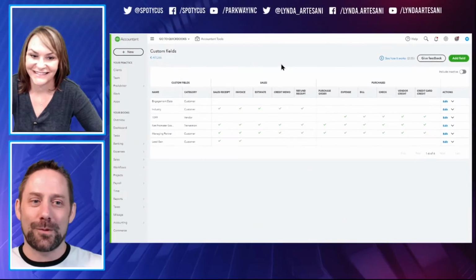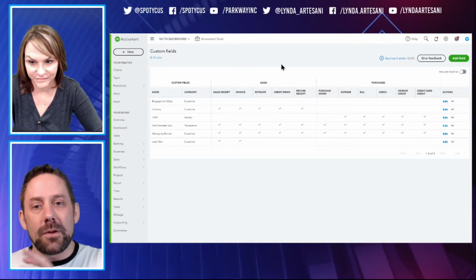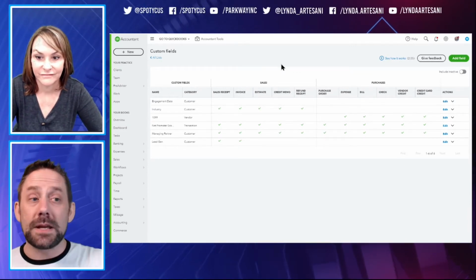Well, you know where I'm going to go with this, of course. I know. Same thing, custom fields, of course. Always. But what I love about it is that having this new feature, the custom fields, for our